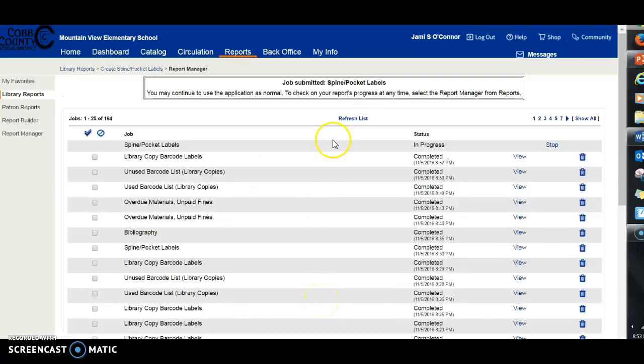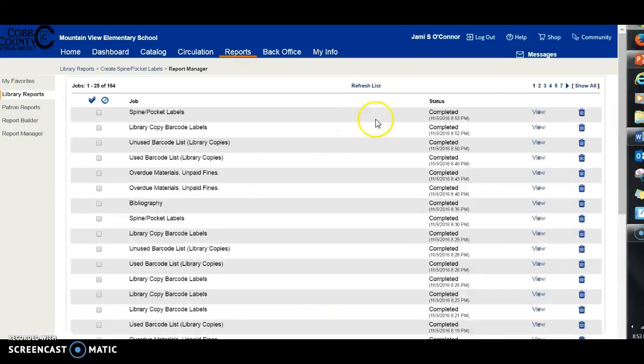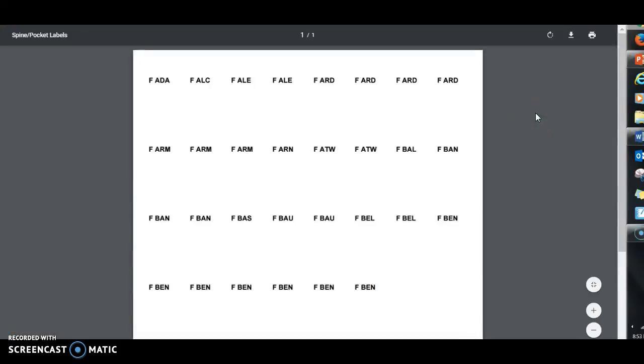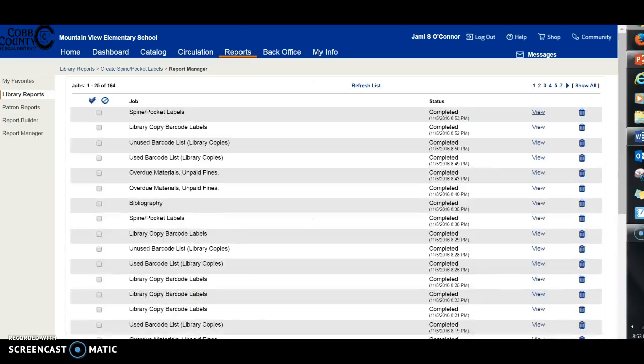a report, refresh it, and view it. And there are my spine labels. It's really, really simple, especially when you're putting a title in, because you have the option to go ahead and print your barcode and your spine label, but this is just in case one falls off, so it's pretty easy to do. The next thing we're going to look at